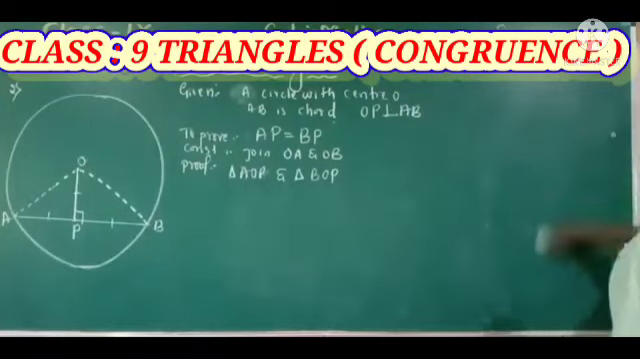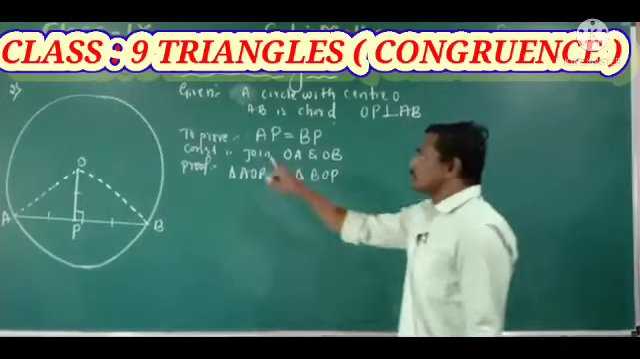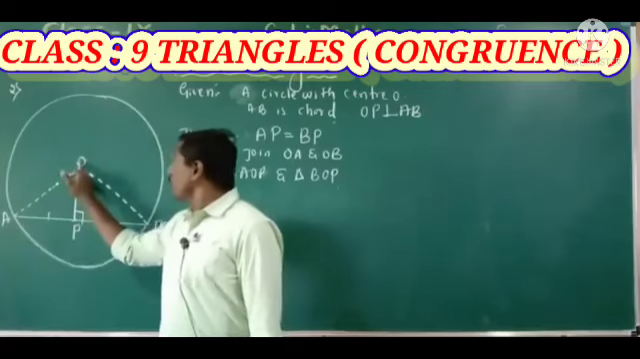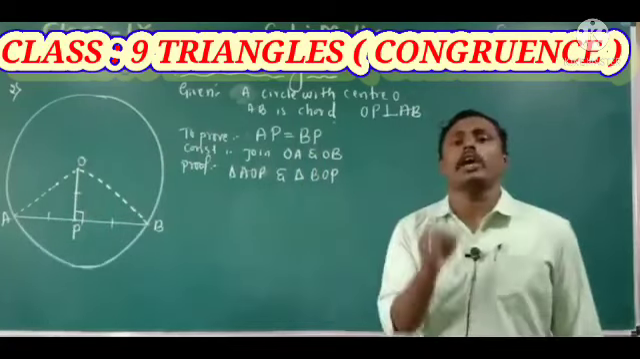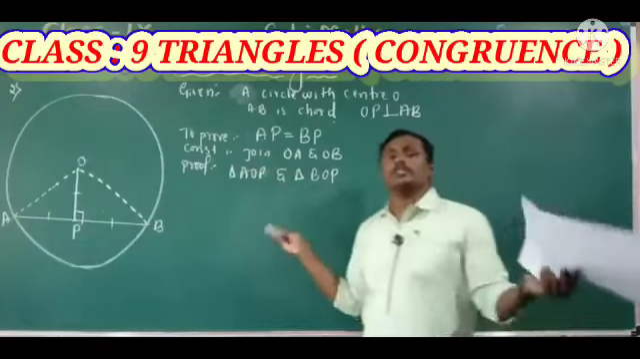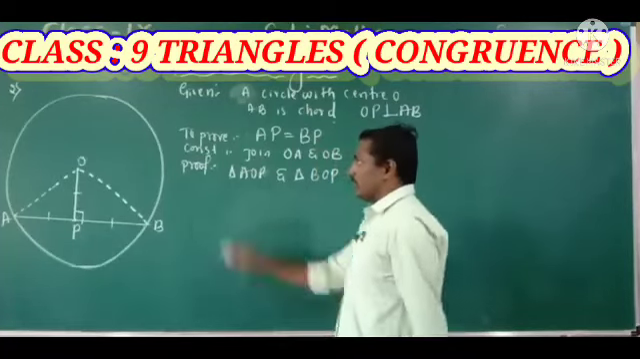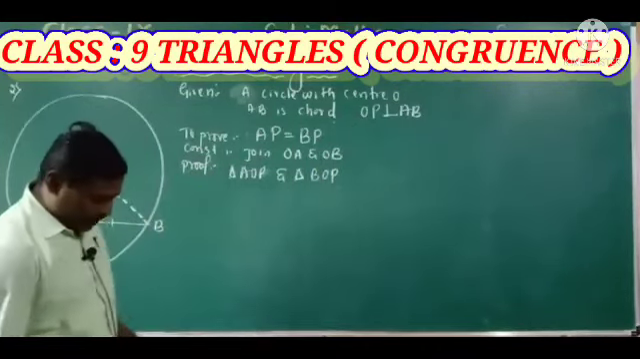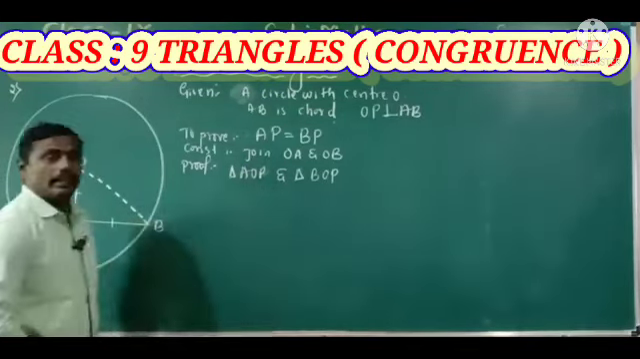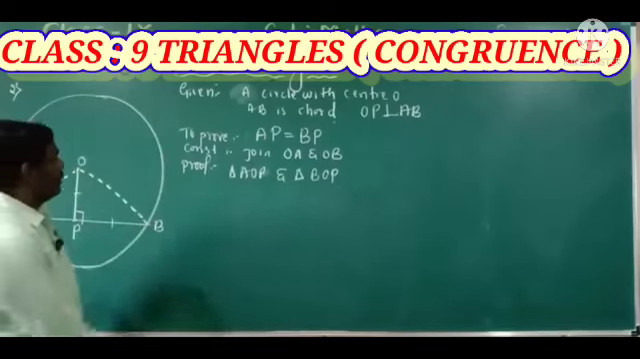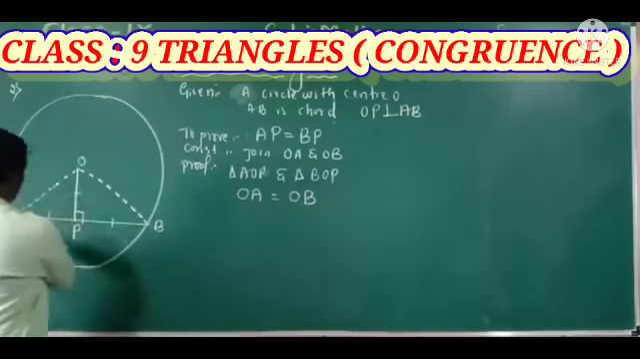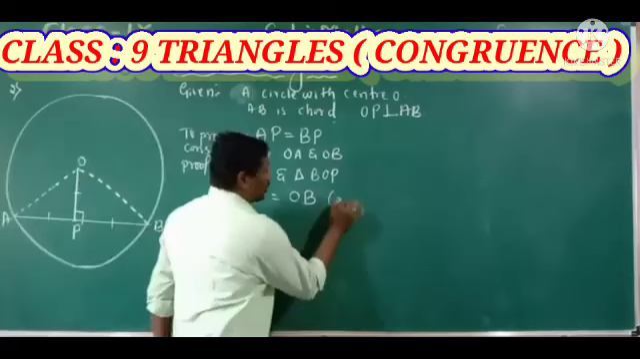So next one, construction part. Construction is also same. Just join the line from O to A, O to B. It means join OA and OB. Here OA and OB are nothing but the two radii of the circle. Next one, proof. By joining these two lines OA and OB, we are getting two triangles, triangle AOP and triangle BOP, right? So in that, OA is equal to OB, because these two are the radii